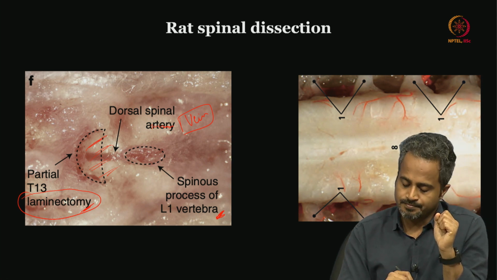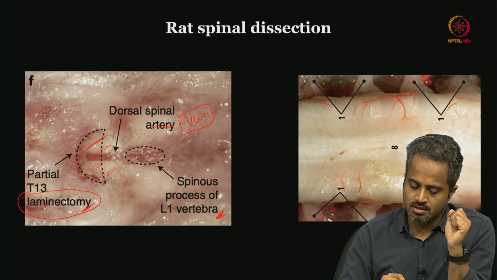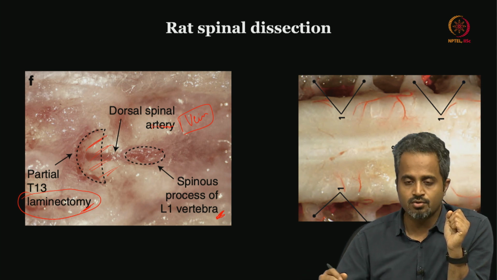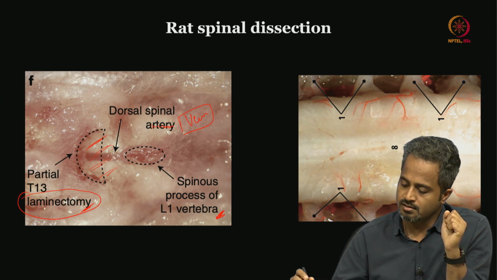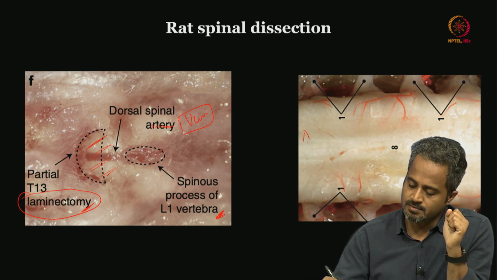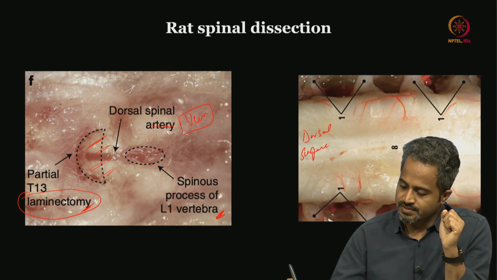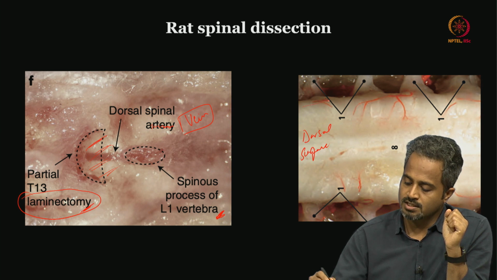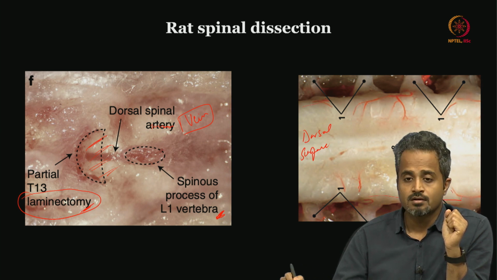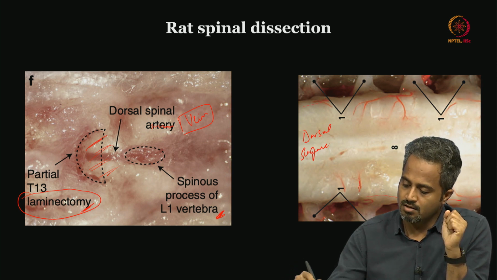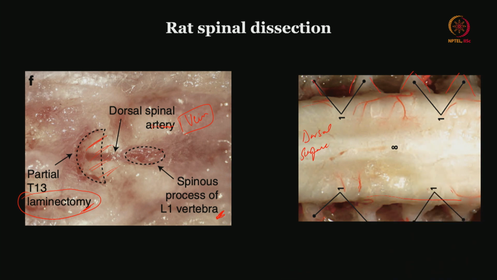So, once the dura mater is exposed, next once you remove the dura and arachnoid, what you see here is the dorsal surface of the spinal cord. So, you are seeing small vessels which we will discuss. So, this is how the spinal cord will be visible, and then what you are seeing along the side, these are the rootlets which we discussed in the previous session,